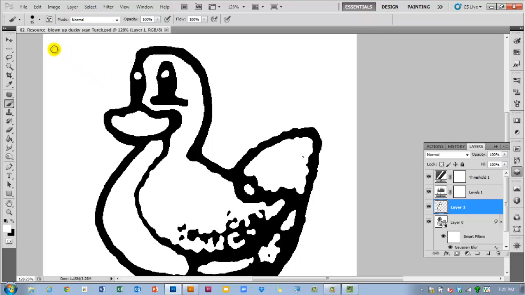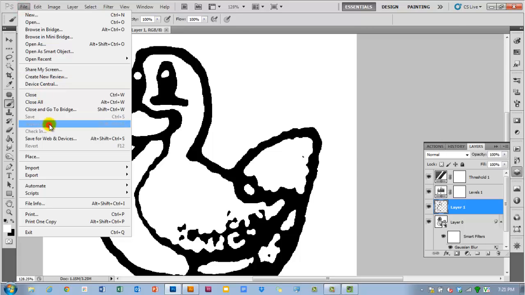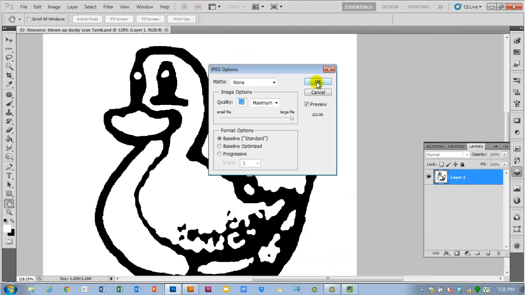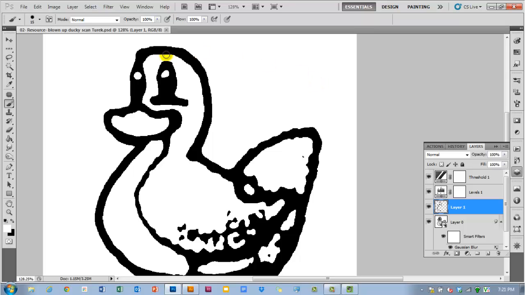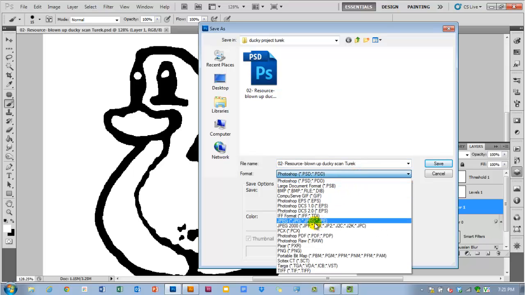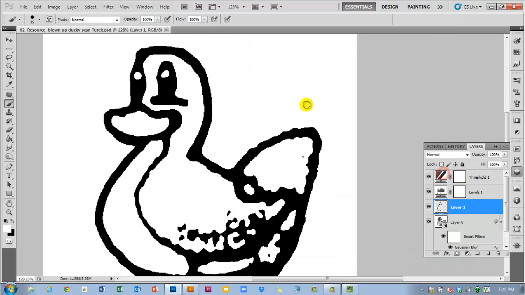The second thing I'm going to save is a JPEG. Sometimes JPEGs, when you import them into an Illustrator document, are a little easier to work with, a little less trouble on your processor. So let's just save this as a JPEG, click OK. And again, you have tons of options when you save as for Photoshop. There's a JPEG in the drop-down list for the format here. There's PNG. I mean, you can save it as anything Illustrator will read, and Illustrator will read Photoshop as well. It just depends on how powerful your computer is, and the lab computers aren't too powerful. So once you've got that saved,